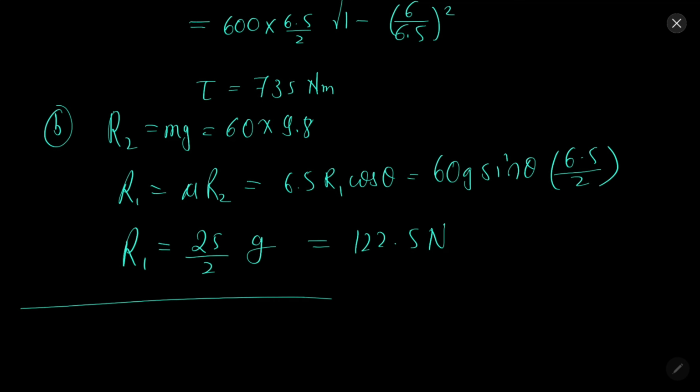In question 44, the door of an almirah is 6 feet high, 1.5 feet wide and 8 kg. If the magnitudes of the forces exerted by the hinges on the door are equal, we need to find the magnitude.